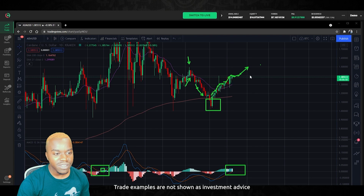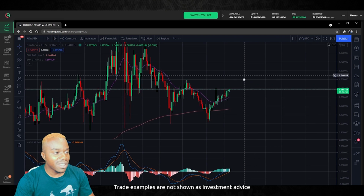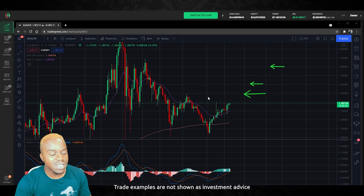So right now, I'm a little bit convinced that Cardano is starting a whole new uptrend to test those yearly highs. But before I start looking way up there, I'll take everything level by level and see how price reacts as we test each resistance. First one here at 1.50, next one at 1.60, and then I'll be looking at this range up here at about 1.80. And then here's my bullish scenario on how I see us getting to this 1.50 and 1.60 level